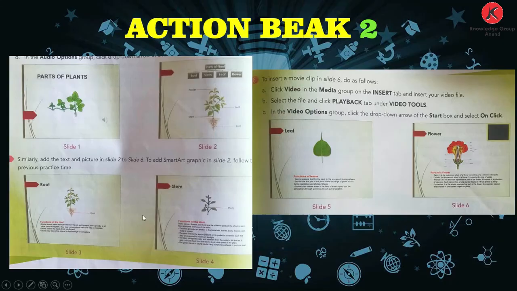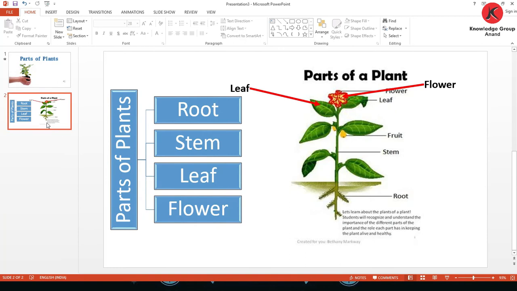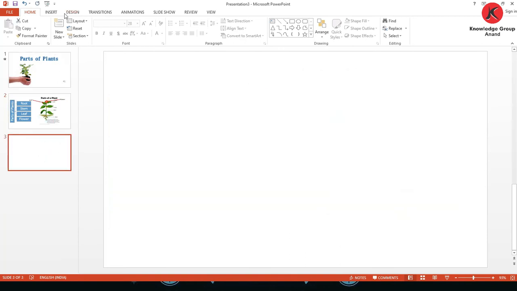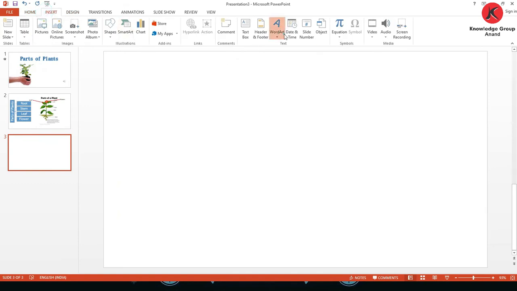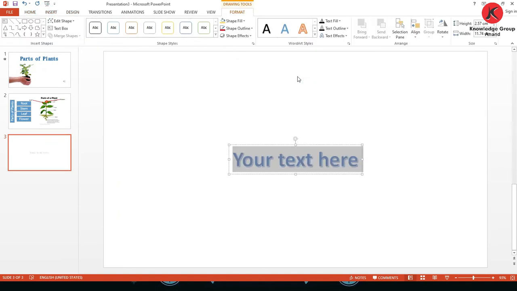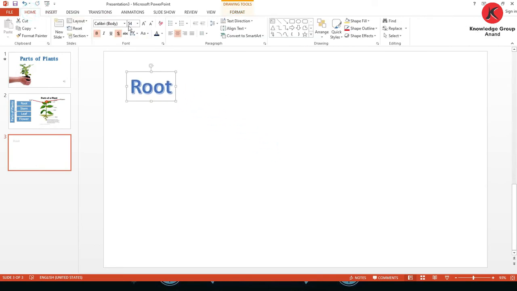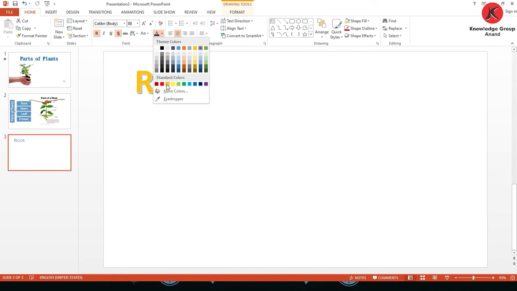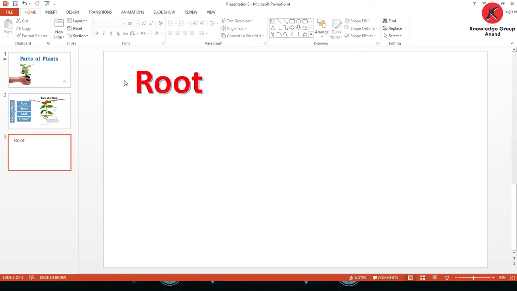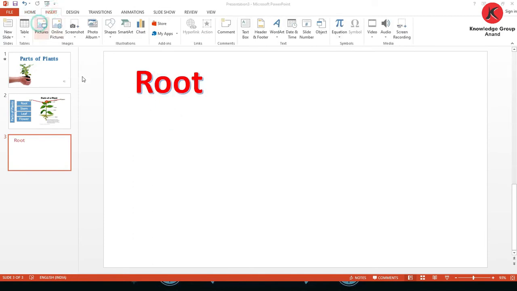Now next, the third slide, we have to assign the root. We have to type about the root. So press Ctrl plus M, go to the insert tab, take word art, insert any word art and type the heading, root of a plant. Increase the size, change the color as you want, and insert the photo of the root.